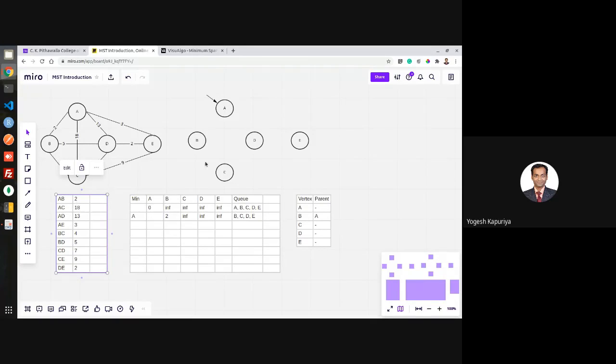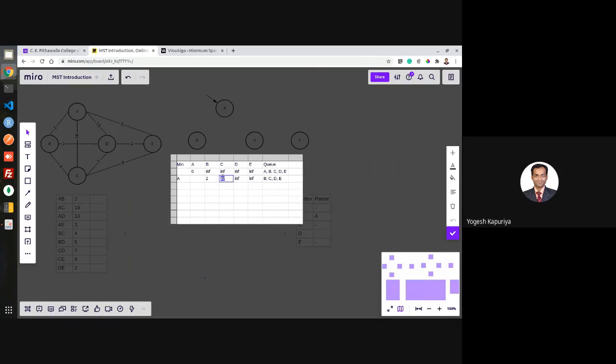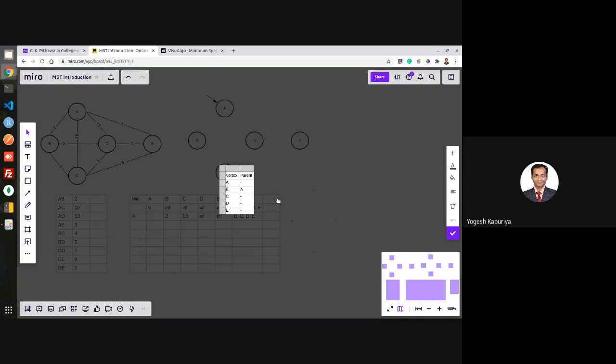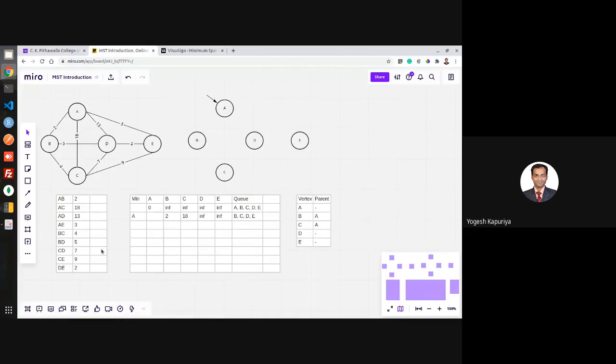So every endpoint of A, so there is AC. Find out what is the key value of C, it's infinity. What is the weight of AC? It is 18. 18 is less than infinity, so you will change this to 18. And the parent of C is also A. Again, there is one more edge, AD.